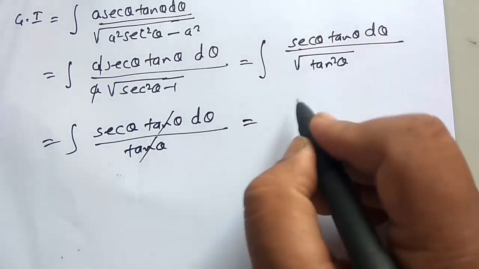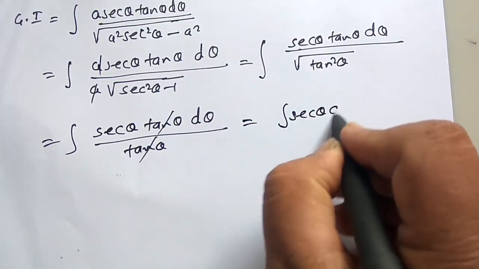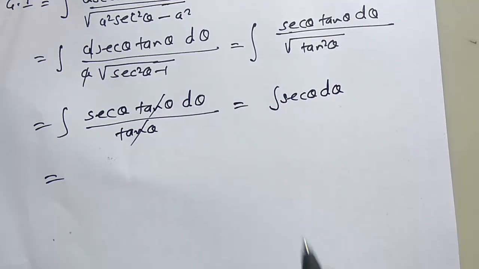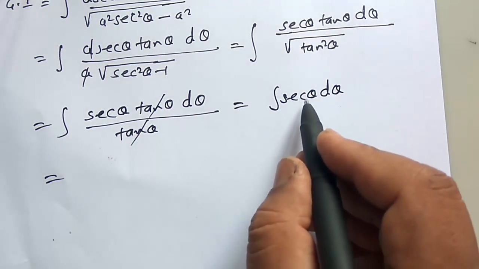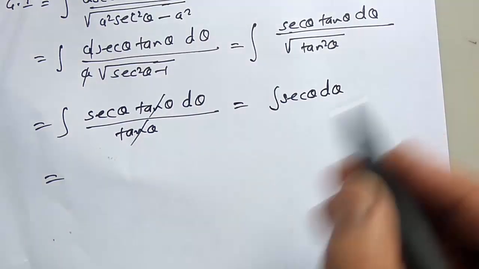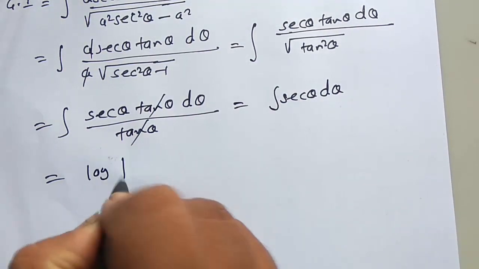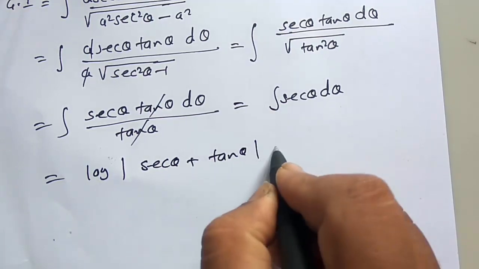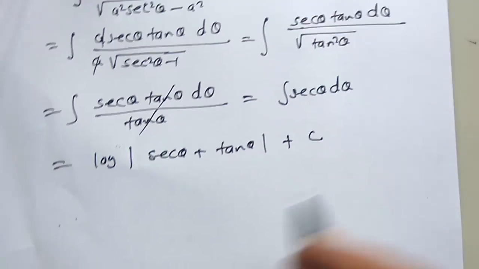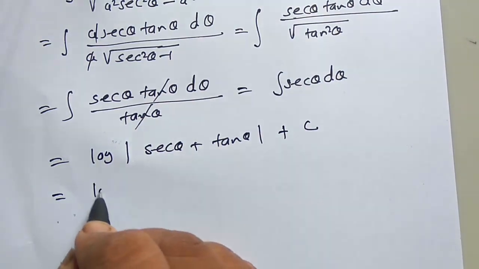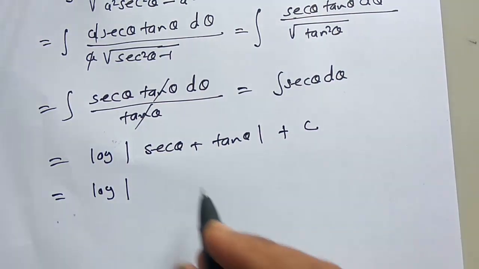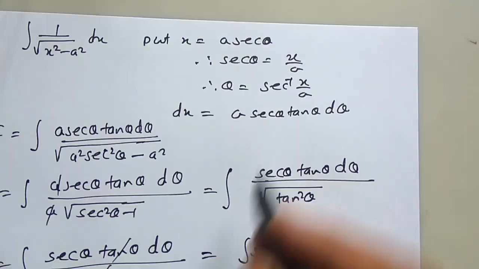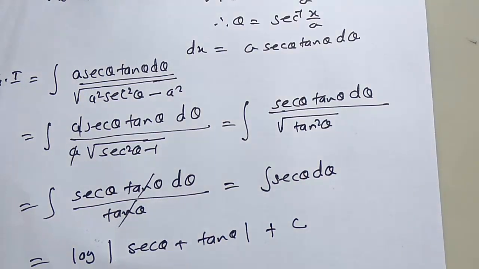Tan theta gets cancelled. So, it is only sec theta d theta. It is equal to integration of sec theta, which is log of sec theta plus tan theta plus some constant c, that is, log of sec theta, which is x upon a,